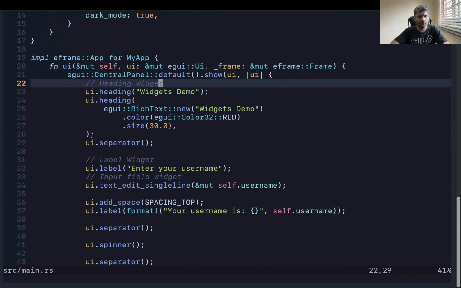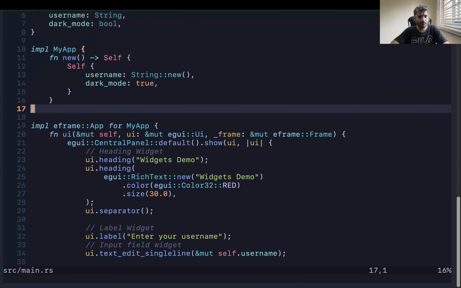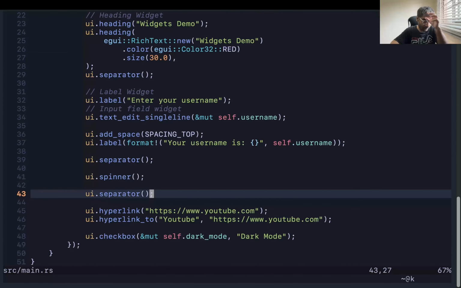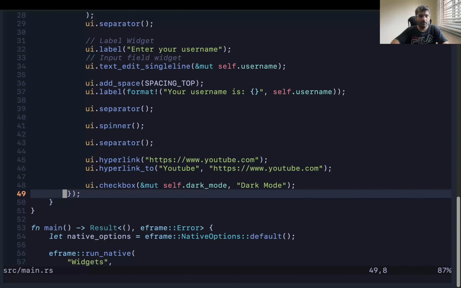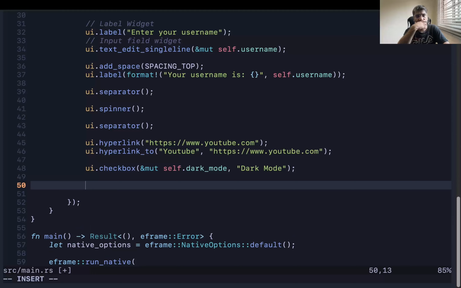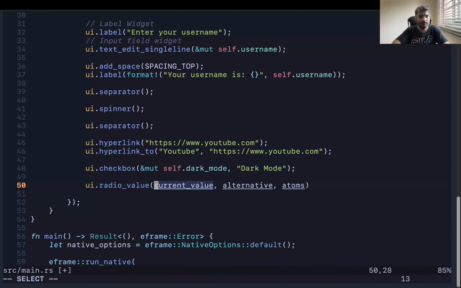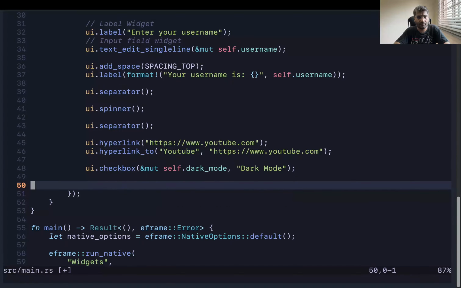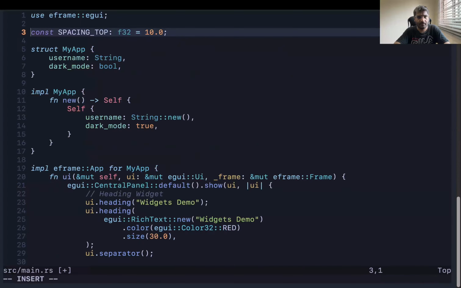Yeah. So what else now? We have the dark mode, now we have the checkbox. So let's create the radio button. We have explored the heading, label, the spinner, the separators, the input field, the hyperlink, and the checkbox. Now let's try to add the radio button, radio value. And before doing that, let me